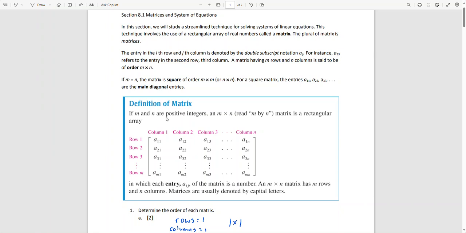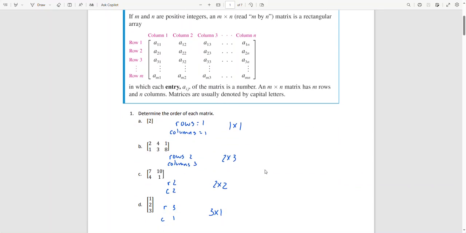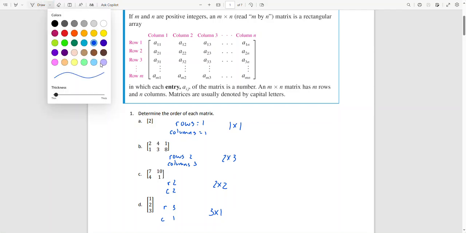So if m and n are positive integers, an m by n matrix is a rectangular array, and this just has numbers in it. Each entry is a number. There are m rows and there are n columns. All right, so remember, m rows, n columns. Here we go. This matrix, I want something different. I'm going to point with